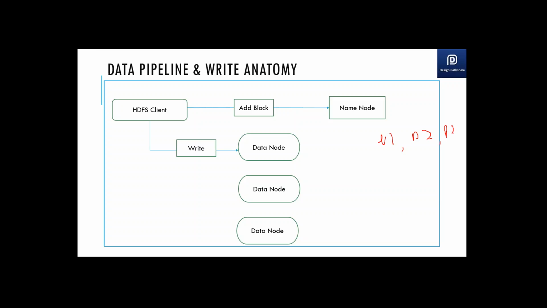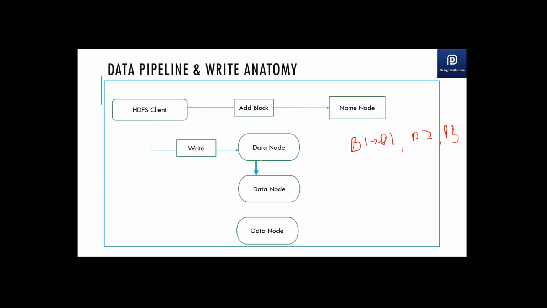Go and write the first block to these data nodes, and second block and third block, and so on. As a client, it's my responsibility to send a write signal to the corresponding data node. Say for block 1, it has returned me data node 1, 2, and 5. It also returns where to write first based on your nearest availability and things like that. So I, as a client, will just send a write request to data node 1.